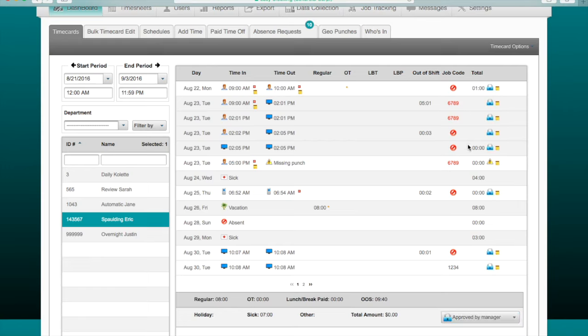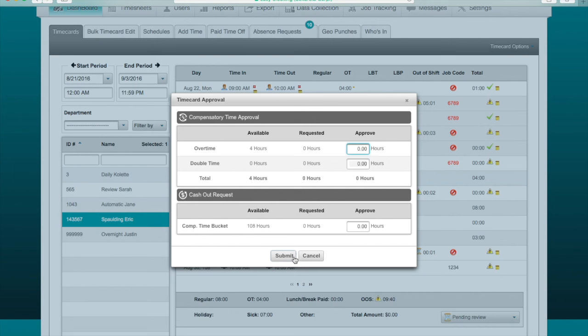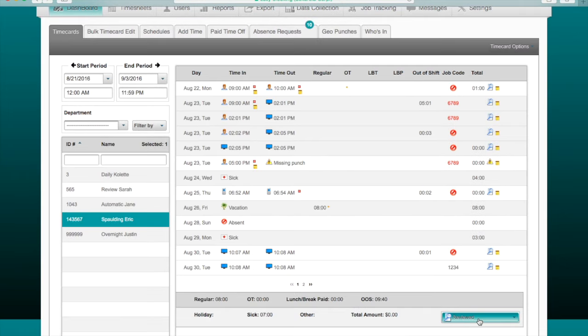While this will give us an icon of the little lock, we can always step back as an administrative level and unlock the time card if we do find that something is erroneous and needs to be fixed. From here, top-level administrator can walk back through the same process. It will give you all of the same requests as before. In addition to being able to do this on an individual